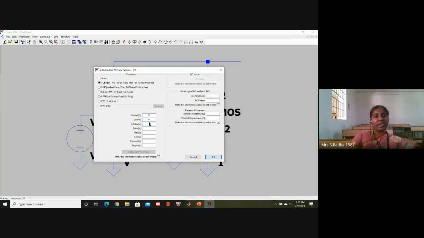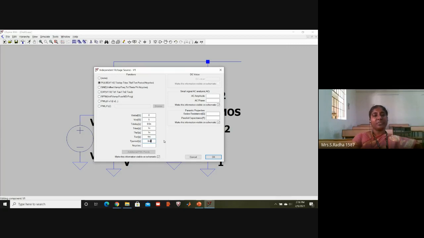Now coming to the delay, I will maintain 0.5 nano. Rise time 1 nano, fall time 1 nano, on time 4 milliseconds, time period 8 milliseconds.